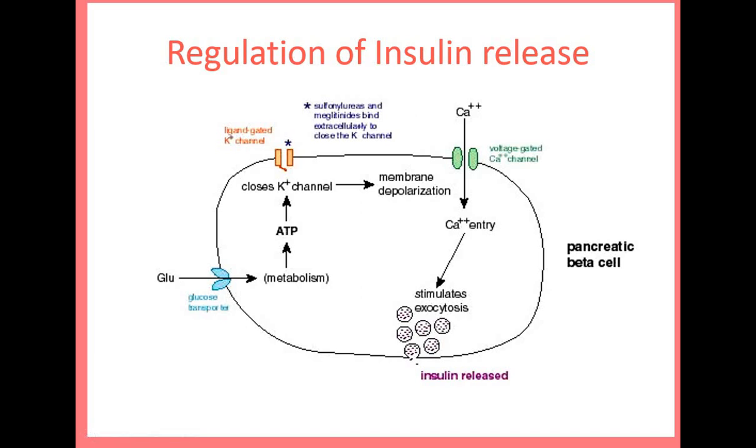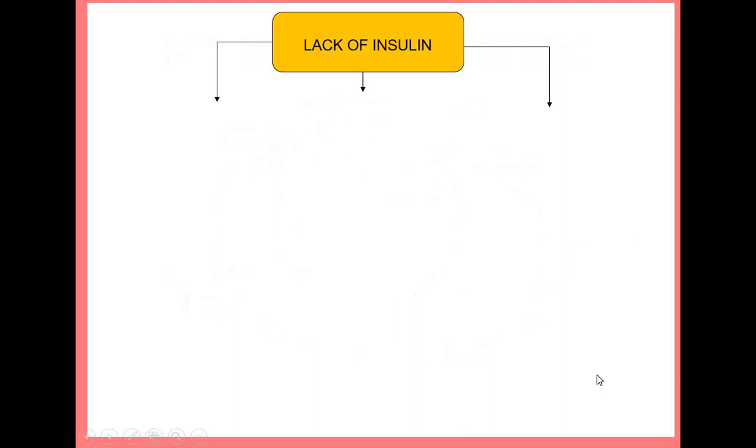This is called a chemical signaling mechanism for the control of release of hormone. Such chemical signaling also happens in the release of thyrocalcitonin from the thyroid gland, and we have learned the release of insulin from the pancreatic beta cell. This mechanism is very important. It will help you in understanding the mechanism of action of some drugs like sulfonylureas and meglitinides in the higher semester, wherever you learn the pharmacology of such anti-diabetic drugs. Right now this is more than enough for the second semester B Pharm level.